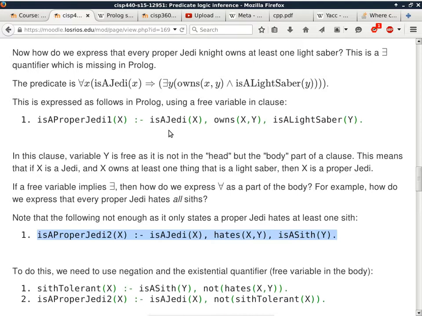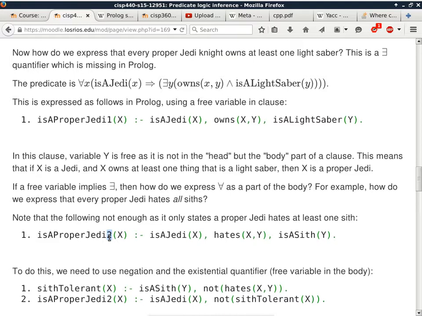So then, in this program so far, we have two ways to be a proper Jedi. You either own a lightsaber, or you hate a Sith. Well, you hate all Siths. That's the intention. That's why this one has a 1 in it and this one has a 2 in it, so that we can later define the one without a number as a conjunction of these two. We're treating each one individually because it's kind of a big mess if you try to combine all of these at the same time. So I'm going to separate them into different predicates,